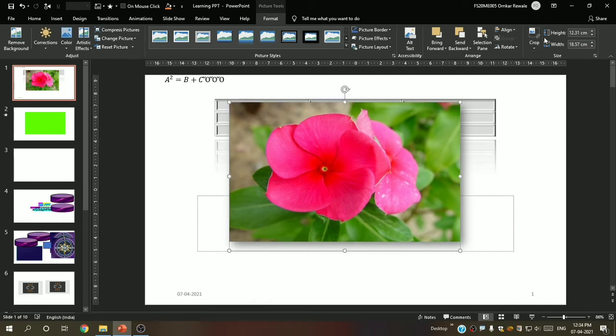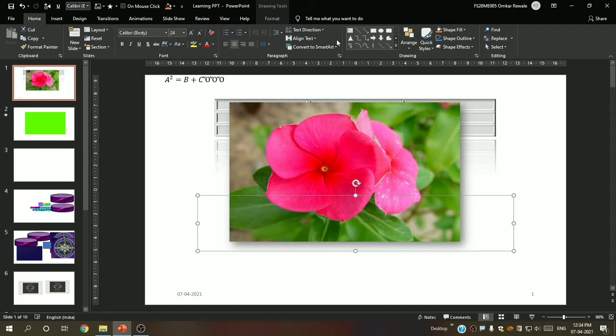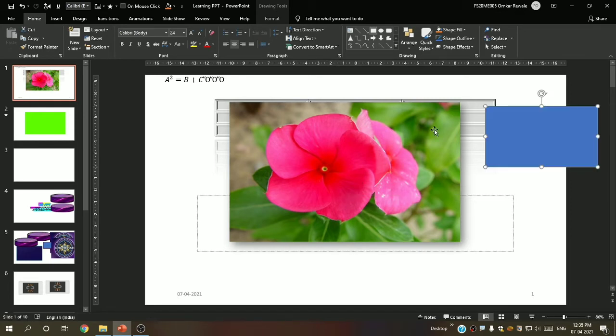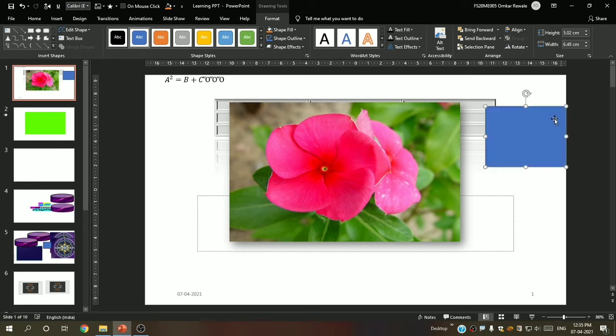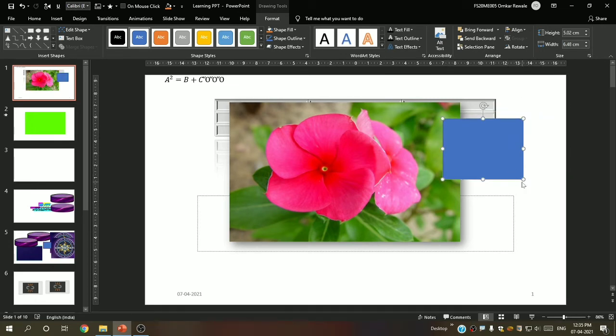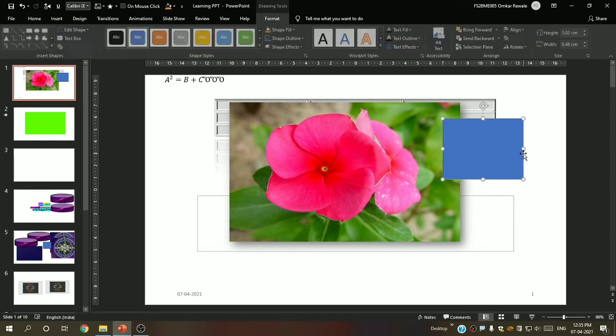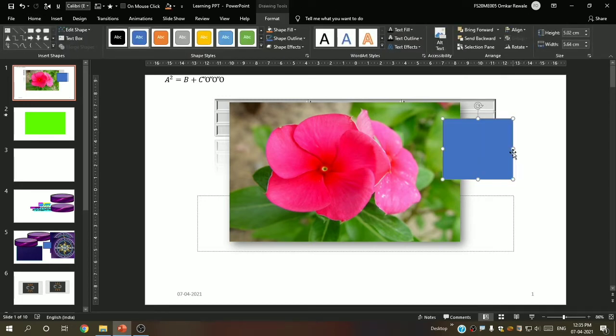Now this is the most important thing, height and width. You can customly adjust the height and width of not only pictures and video clips, but also of shapes. For example, if I include one shape, see, I included one shape. Many times you may be making infographics or something else, and you want a perfect shape or a perfect square. How will you decide that this is a square? For that you want values to be put in. So this is the height and width tab which is in the Format tab.